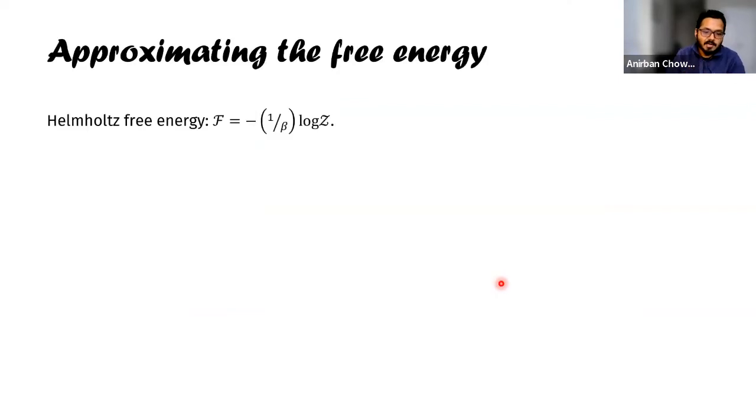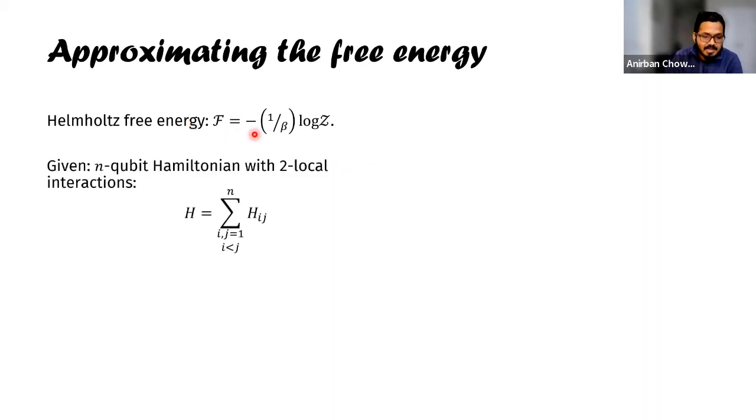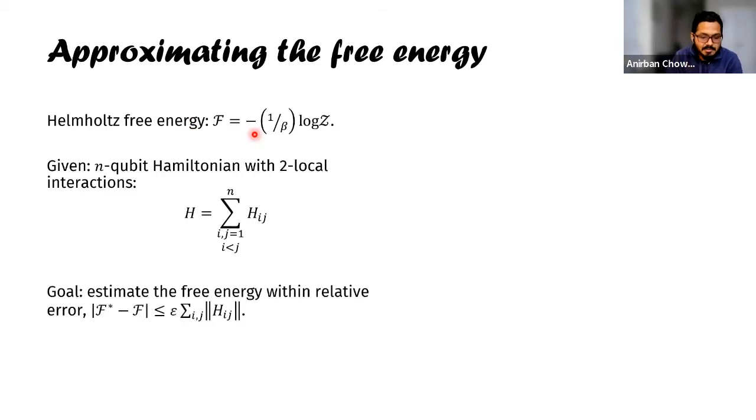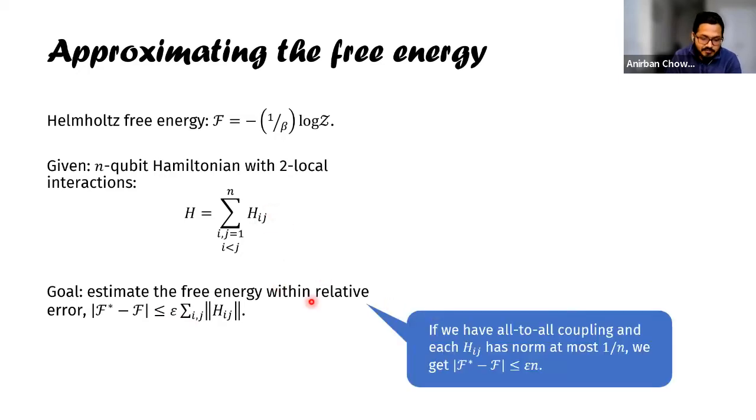We will not think about the partition function directly, but instead compute its log, or something called the free energy, this F here. And we'll think of only two-local interactions, an n-qubit Hamiltonian with two-local terms. Our goal will be to estimate the free energy within some relative error. We return an estimate F star, with error epsilon times the sum of all the norms of these terms in the Hamiltonian. For instance, if the Hamiltonian has all-to-all coupling, so every qubit talks to every other, and each Hij